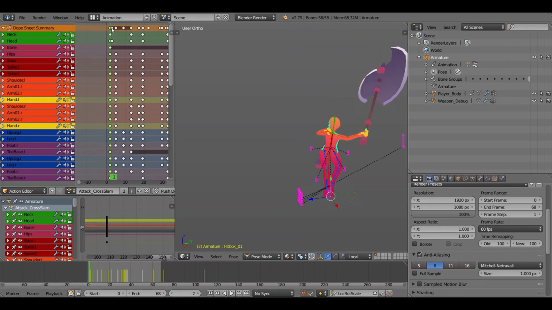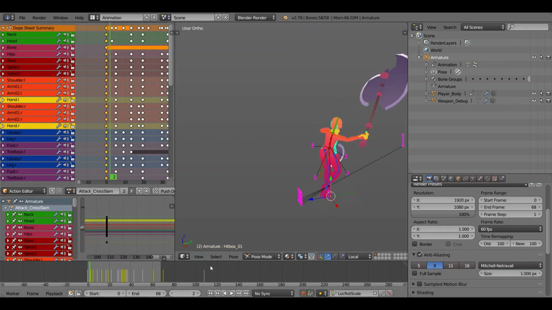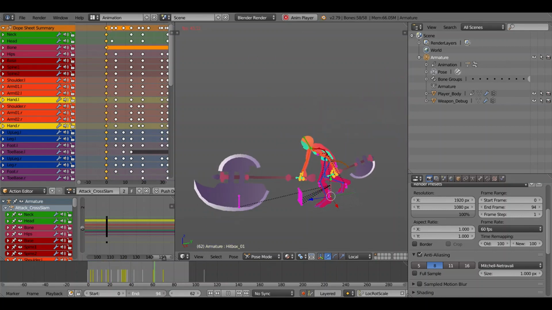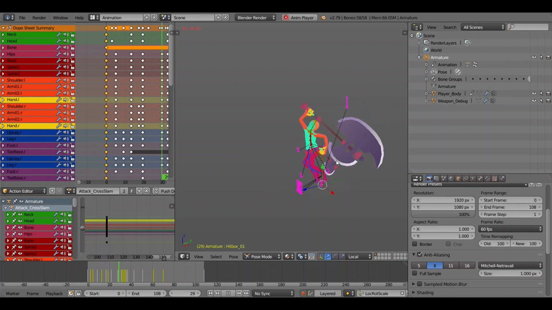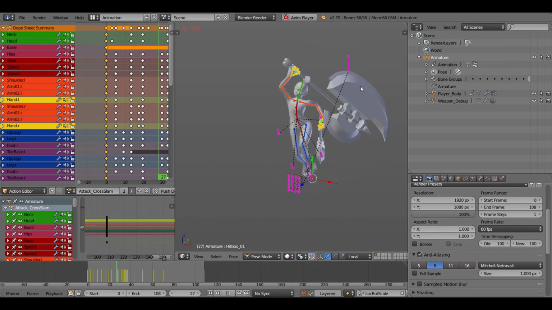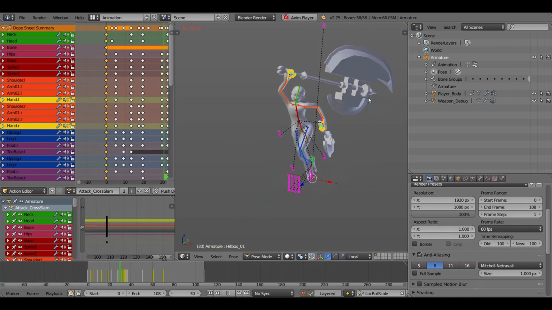The transition for this was pretty difficult. I had to really make both animations look good so that the light attack, pressing it normally, would follow through and look good, or that there is a point in the light attack where you can transition out of it. I think finally it looks pretty good. I had to play around with transition timings and blending between the two animations, but overall, I like this attack.